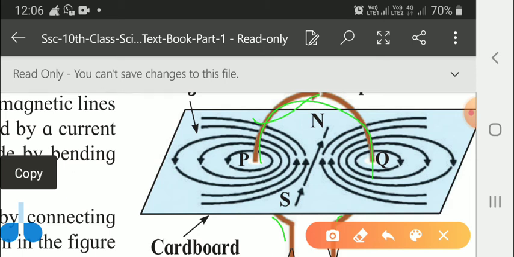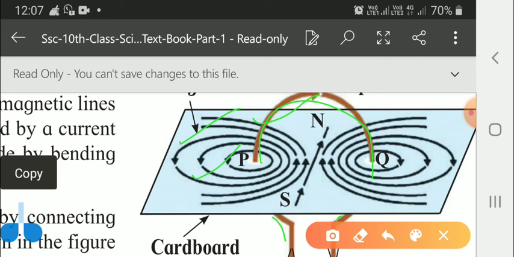As we can see, if the current passes through the loop, the magnetic lines of force are produced at each point of the loop. And if we go away from the wire, the concentric circles representing the magnetic lines of force become bigger and bigger. So here you can see that they are becoming bigger and bigger. Now the magnetic lines of force shown near the points P and Q will be created near each point on the loop.